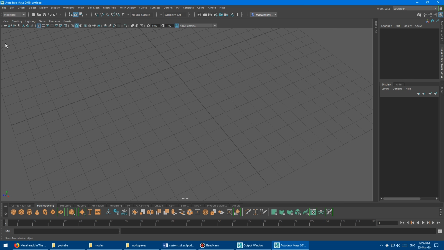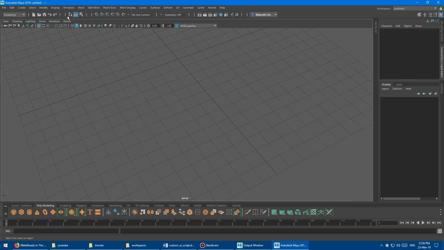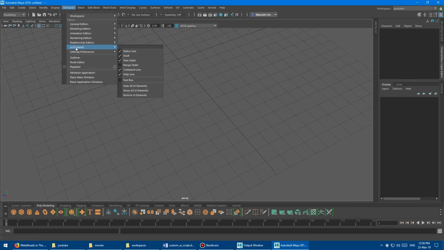And so I've closed this toolbox, and maybe you want that back, or maybe you closed it by mistake. I've often closed a piece of the menu by mistake, and then I want it back, and I kind of panic. I'm like, oh no, I've lost it. It's gone. What do I do? I have to revert my prefs. You don't actually have to do that. What you can do is you can come up into Windows, and then go to UI elements,